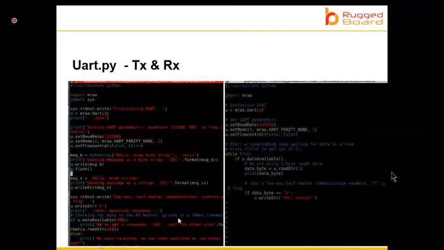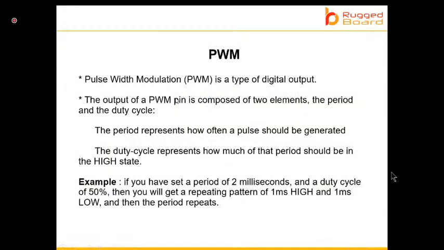So a master-slave kind of small example you can test because you have two UARTs, or with the same UART you can loop back. You can connect the TX and RX pins, you short them.